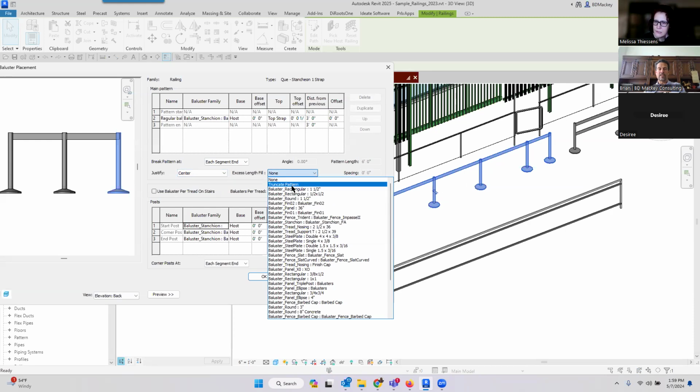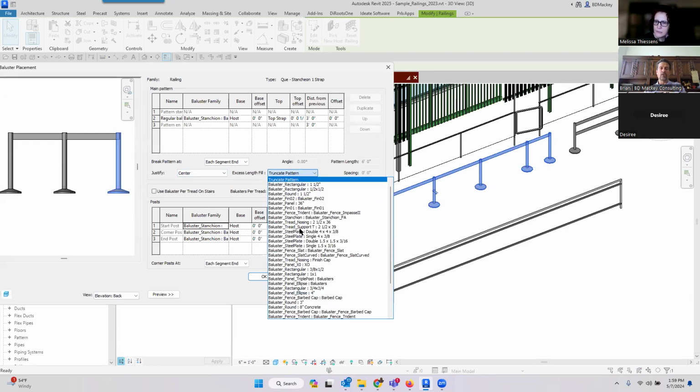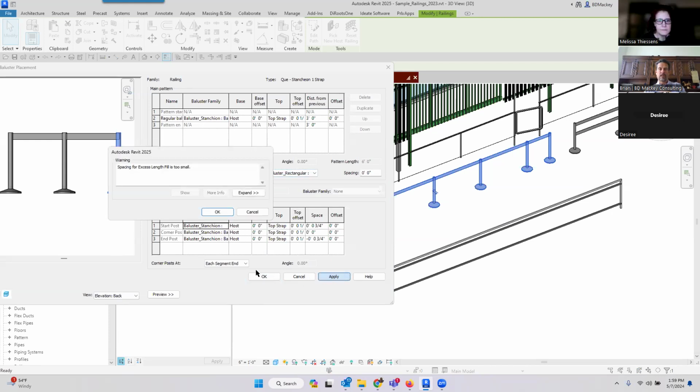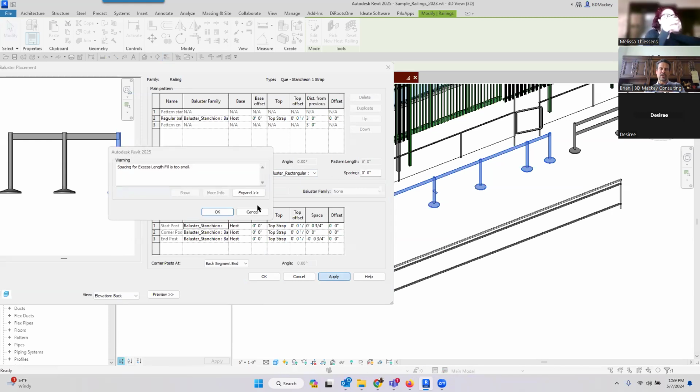fill. I can say truncate the pattern. It's going to try to add the same pattern. Or you can choose to replace anything of excessive length with a completely different baluster family. And then you say apply. And you get an error: spacing for excessive length fill is too small. Oh, over here. And then if you've got the excessive length fill, you've got to change the, yes, I know,